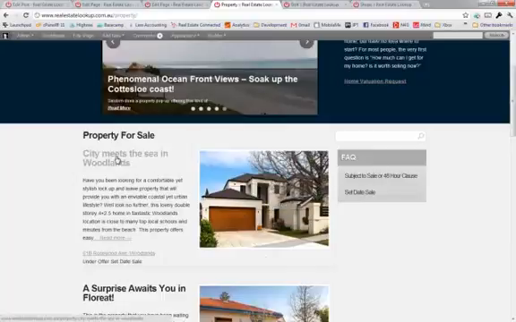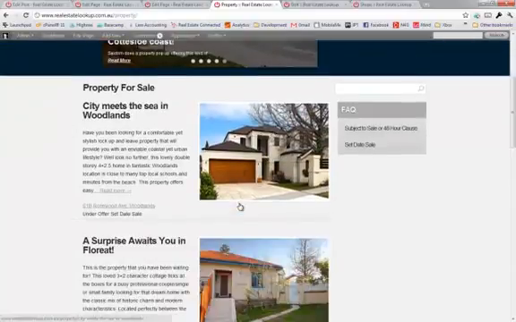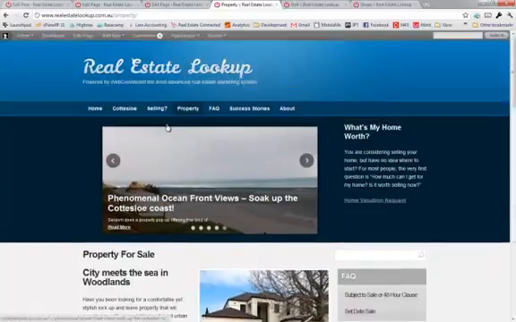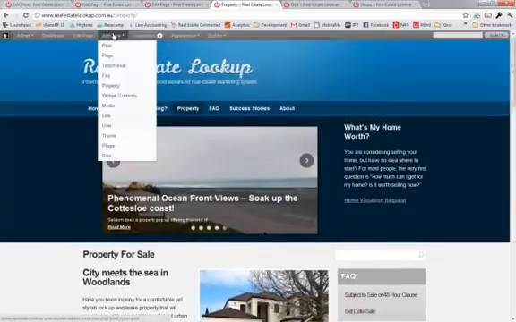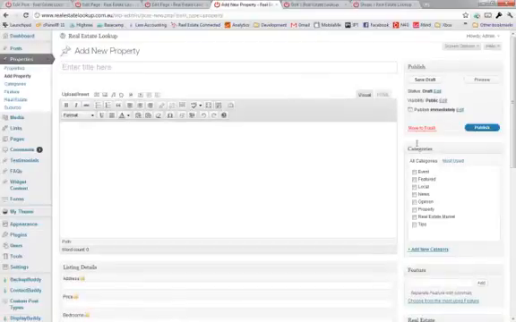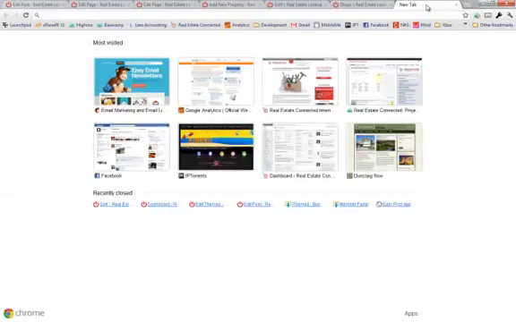So let's add a new property for sale in the for sale section. Quite simply, if you're not in the editor and you're just on the front end like this, logged in, you just go straight down to add a new property and you get taken straight to the editor. So there's no delay in adding any information. Now let's just quickly grab some